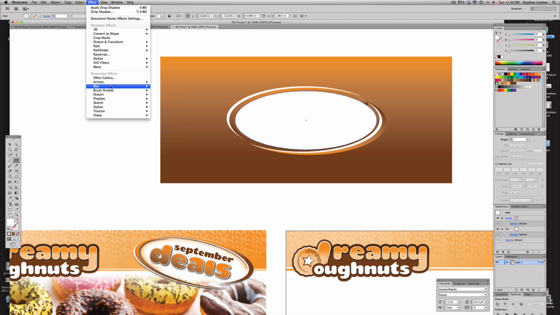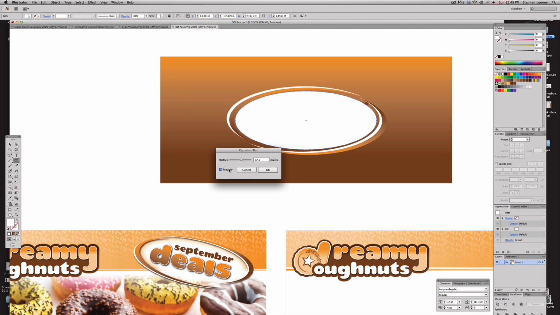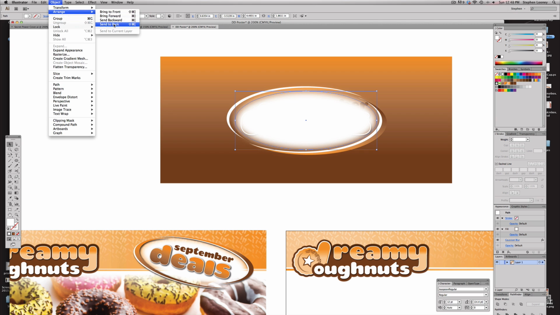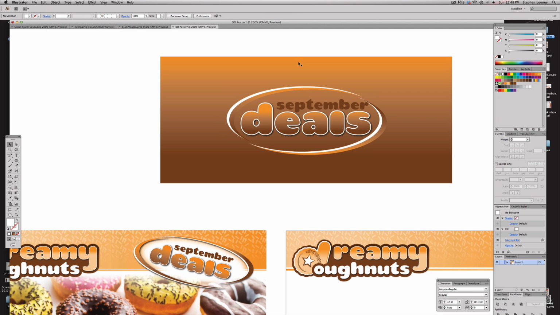And we're going to come into Object, Blur, Gaussian Blur, hit Preview. And we're going to make, let's see, a radius of about 30. Hit OK. And we're now going to go to Object, Arrange, Send to Back. Now, obviously, you don't see that anymore because it's behind this big shape. So now we're going to take this shape, go to Object, Arrange, Send to Back, and we're going to see